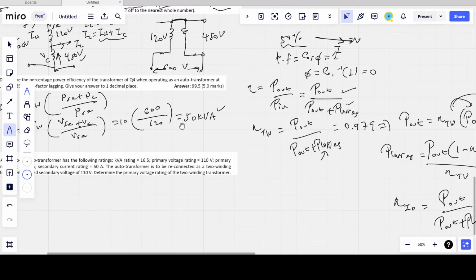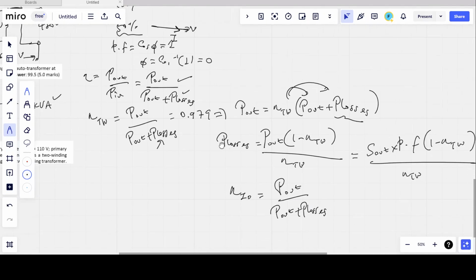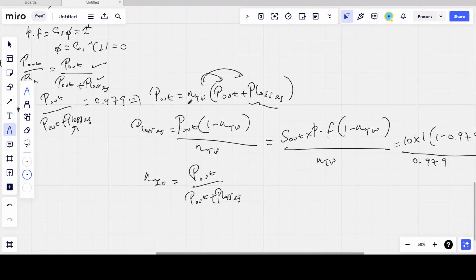And the problem says it is operating as an autotransformer at full load with 0.85 power factor lagging. So now the power factor is no longer 1, it is 0.85. So let's find what the efficiency will be. The power, which is 50 kVA, times the power factor 0.85, divided by 50 times 0.85